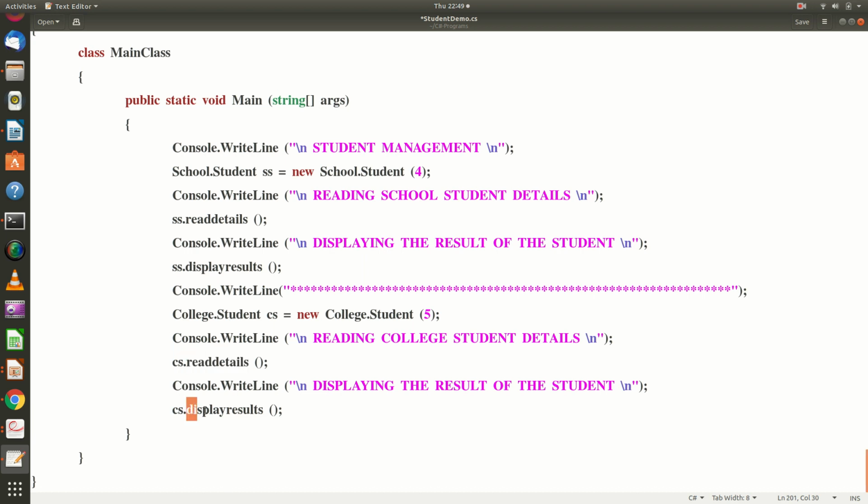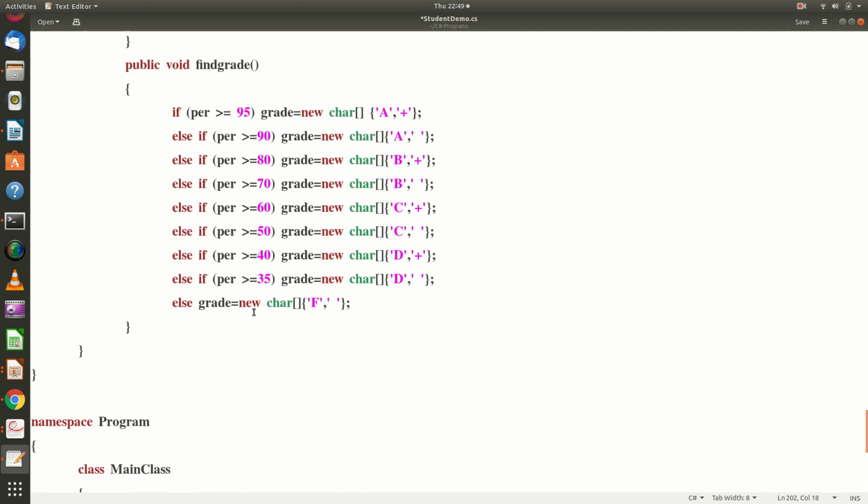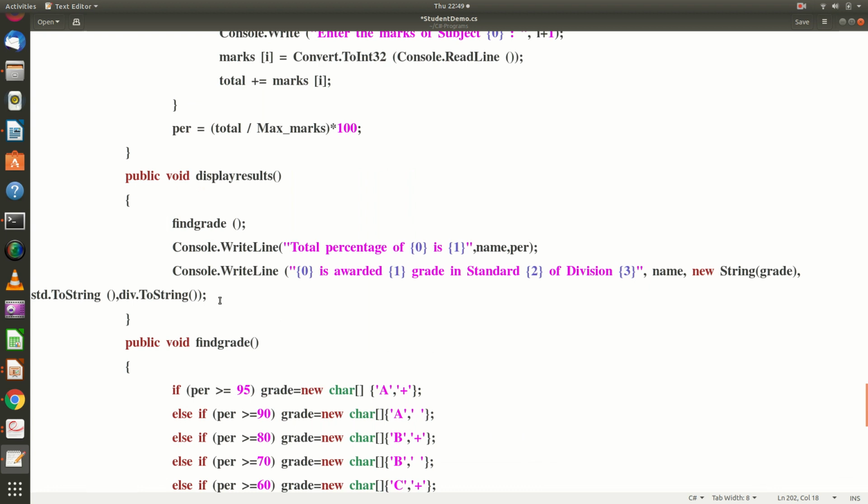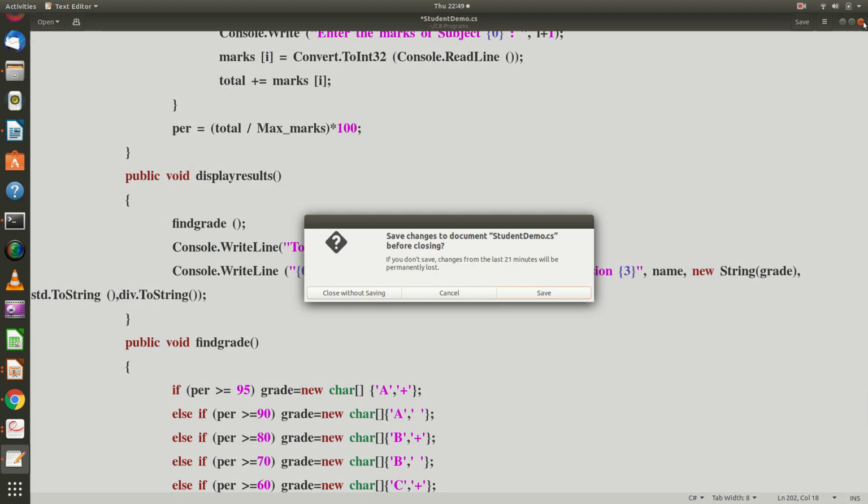Invoke the display results method to display the result of a college student. So this is a program that includes all the concepts that we discussed so far. All the concepts that we discussed so far is defined in this demo program. Let us now execute this program.